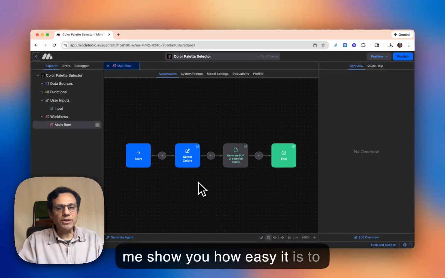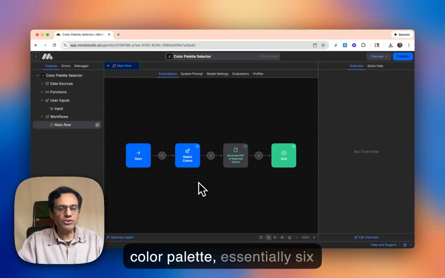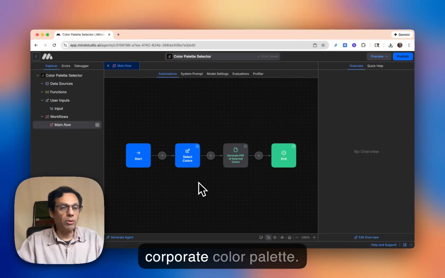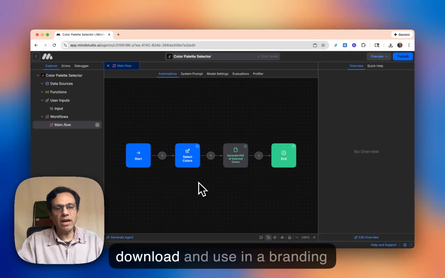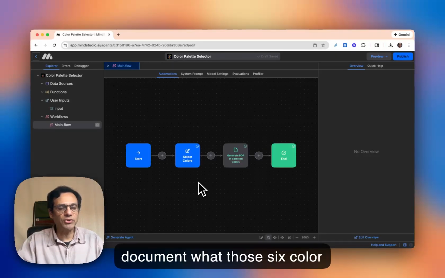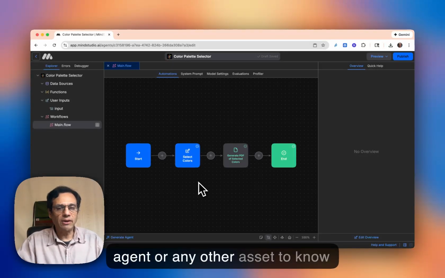Let me show you how easy it is to build a MindStudio agent that helps you design a 6-swatch color palette, essentially 6 colors, that can be used for website branding or a corporate color palette. It then outputs those 6 colors you selected to a PDF that you may download and use in a branding book or any other asset outside of MindStudio, so that you can document what those 6 color swatches are. And then you can add those back into another MindStudio agent or any other asset to know what